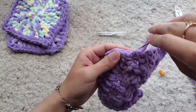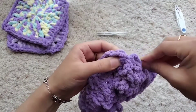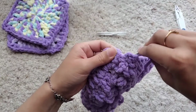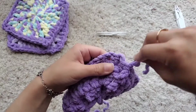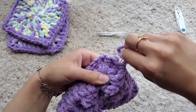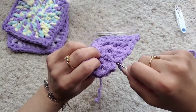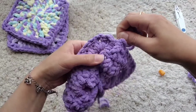I'm just placing this needle in between the stitches so that you can't see. And if you just try to do this with me, you'll see it's actually fairly easy. I'm just going into the gaps between the yarn, and I'm going to work my way down. You want to make sure that you can't see the yarn from either side and get it pretty well hidden in there. Just weave